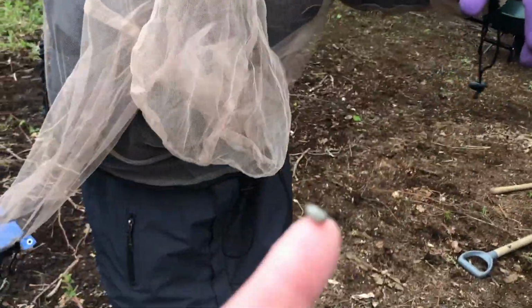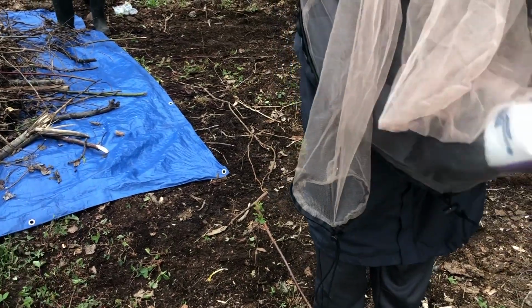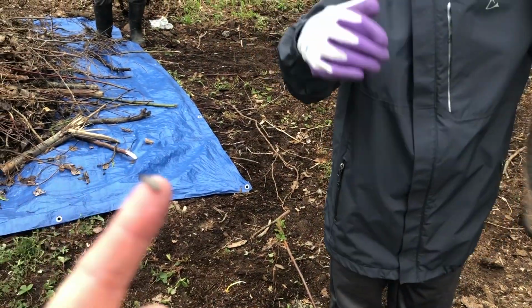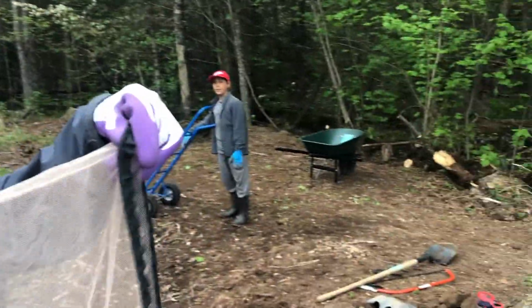Ew, what is that? Is that a slug or something on my finger? How the heck would I know? It is a slug. How'd you get it on you? Well, I have no idea. And oh, huge slug just fell somewhere by my waterfall, like on the bottom of the...